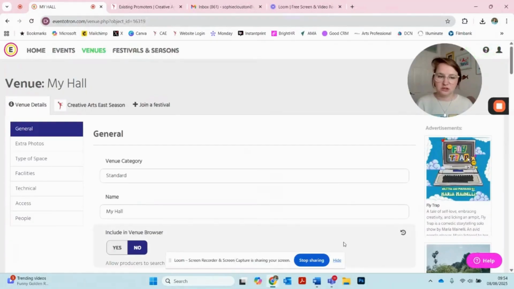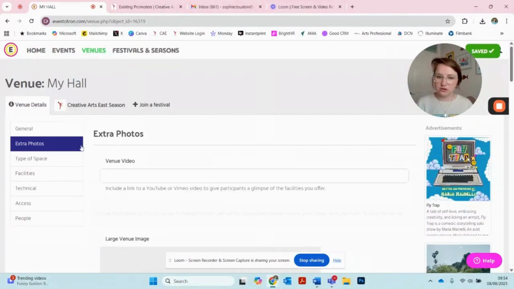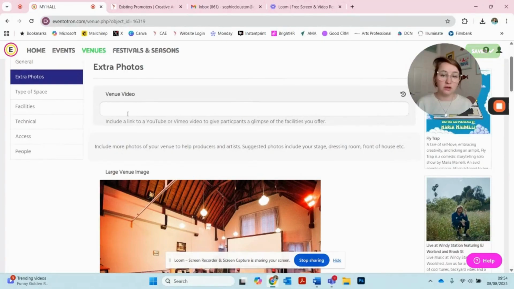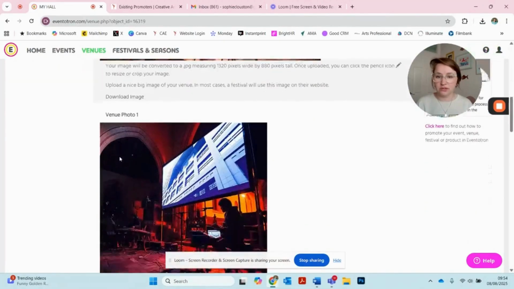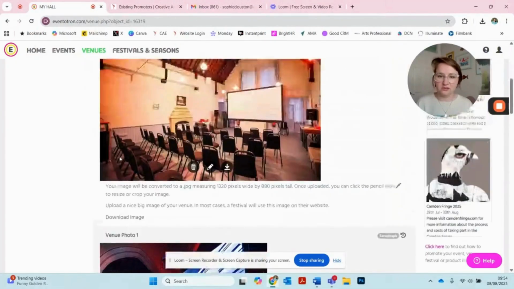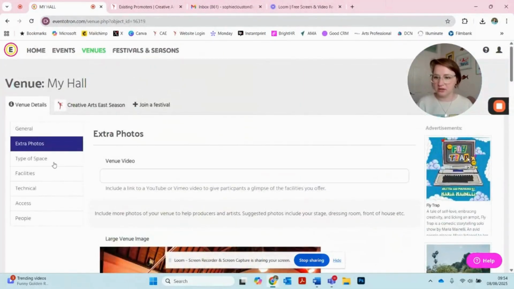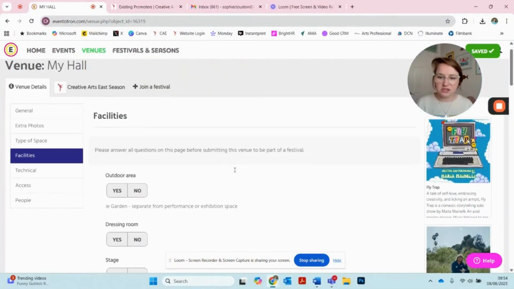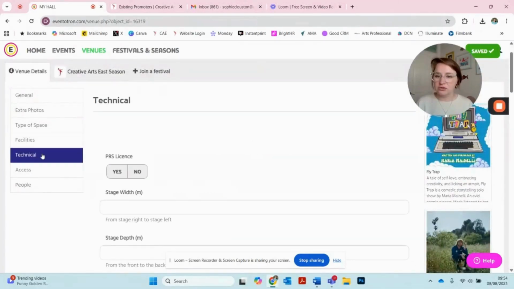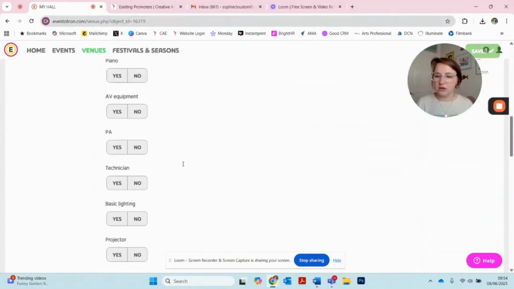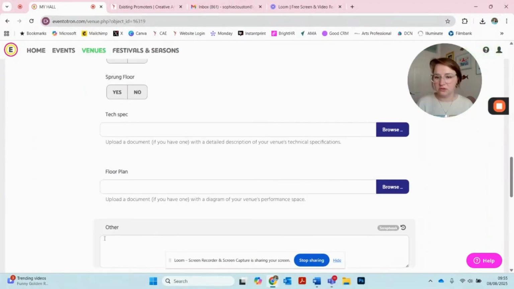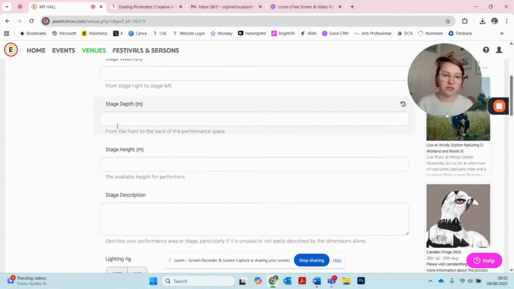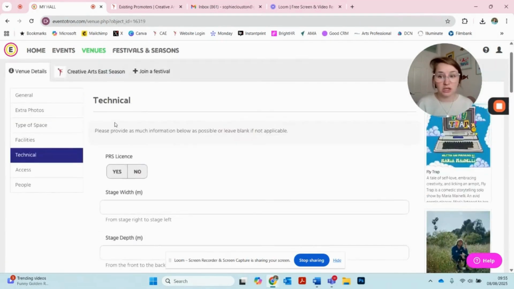Now, if you wanted, you can update your venue details. You can provide additional access information. You can put pictures, extra photographs. You can even put a video of your venue if you wanted to really show it off and improve access for people, give them an idea of what to expect. You can add different facilities that you have, and you can really go to town on how much information you add. You've got things like technical information, which is helpful for artists visiting your venue,